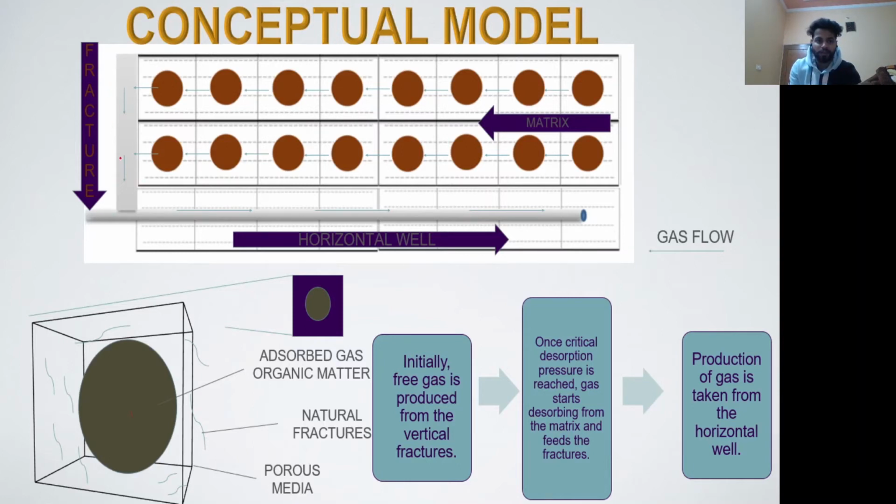This vertical fracture is my artificial fracture that I've created. Then as the pressure decreases, the free gas that is present in the matrix and in the natural fractures will start getting produced. And once critical desorption pressure is reached, gas starts desorbing from the matrix and feeds this natural fracture system, which eventually feeds your artificial fracture, and gas moves through your horizontal well. Okay,